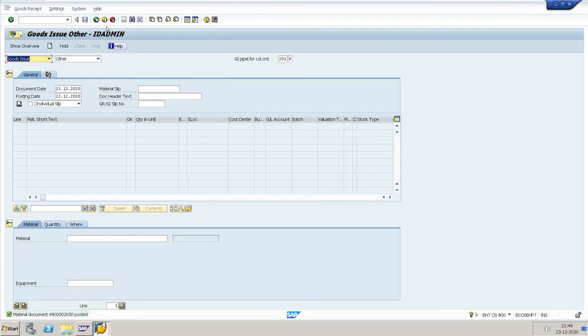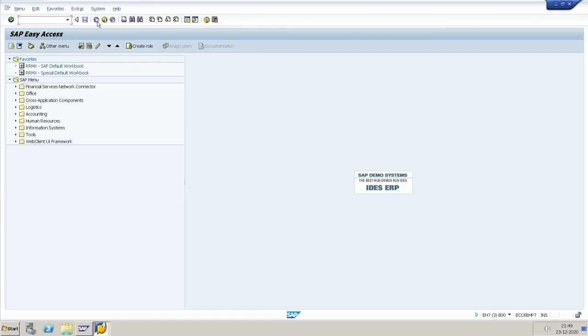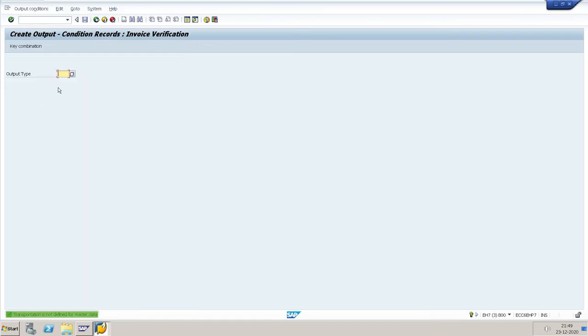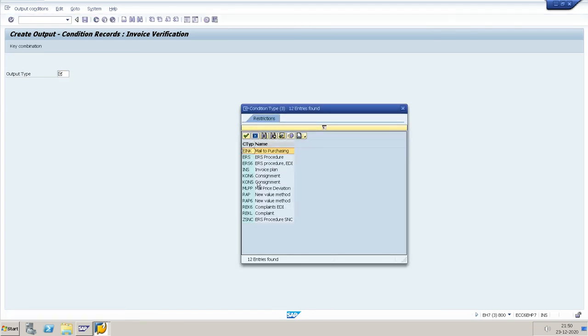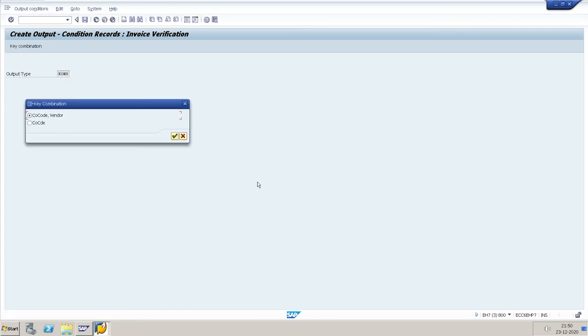Now the goods issue is posted. Now the condition type is maintained for settlement. T code is MRM1. Output type KONS, consignment. Enter the company code and select the vendor.